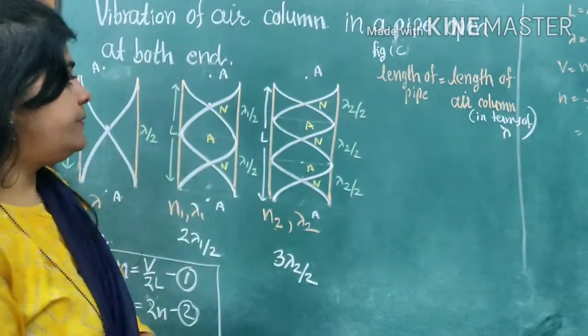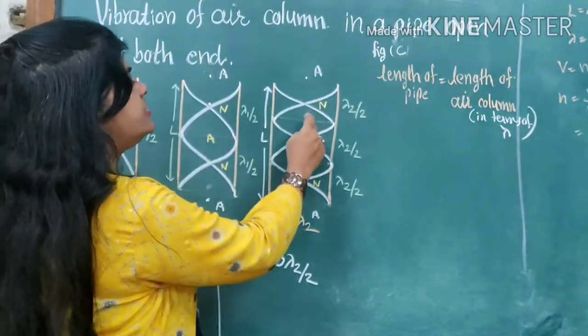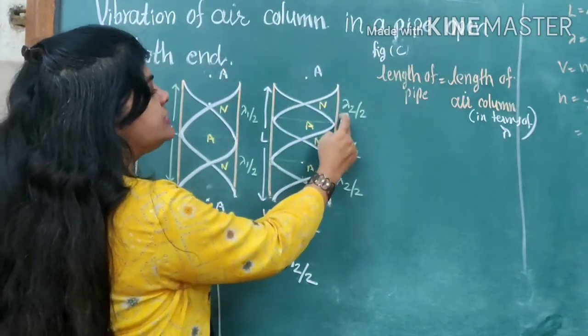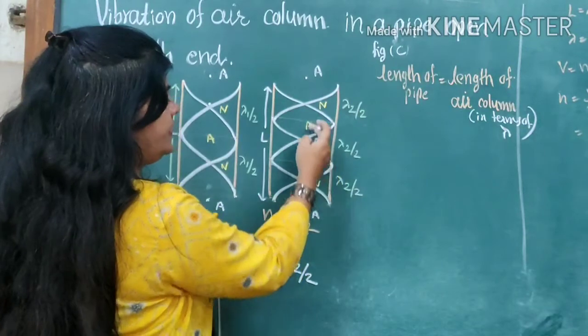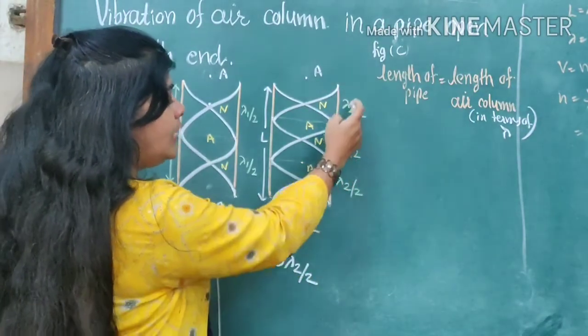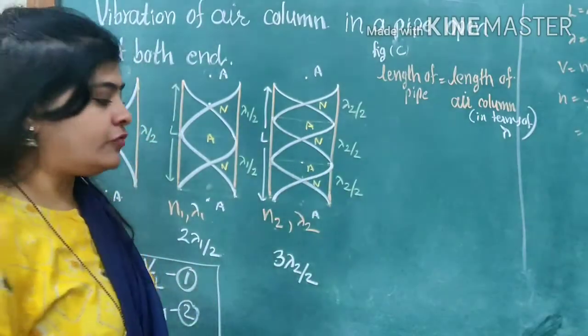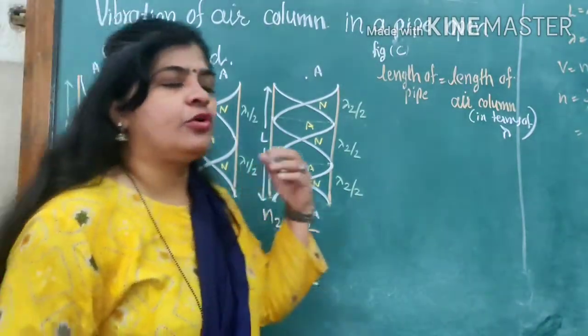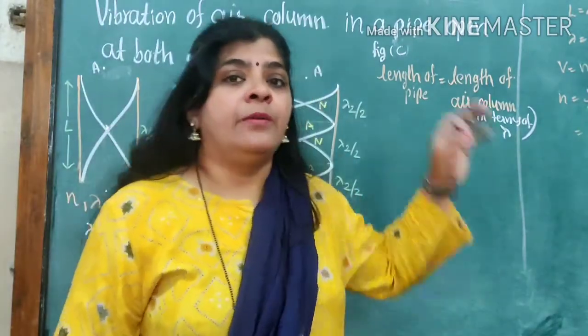For the first compartment, for this loop, one complete loop is there. The distance between two antinodes is lambda 2 by 2. The next antinodes distance is lambda 2 by 2, and again lambda 2 by 2. Then 3 are there. Addition of the 3 gives us 3 lambda 2 by 2. Now use the basic formula for it. Already I mentioned that important formula.